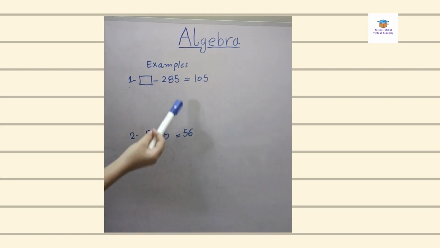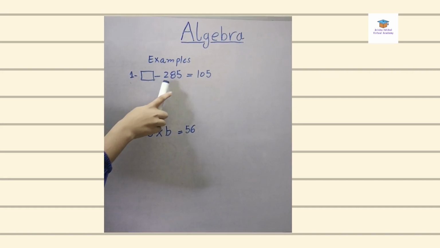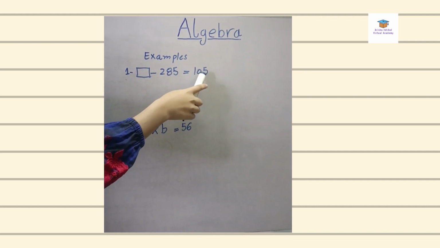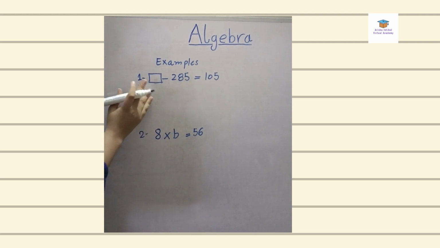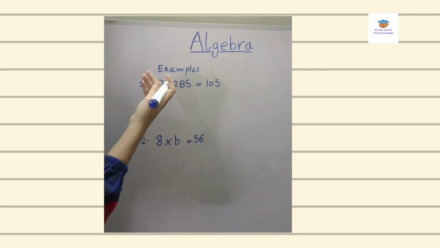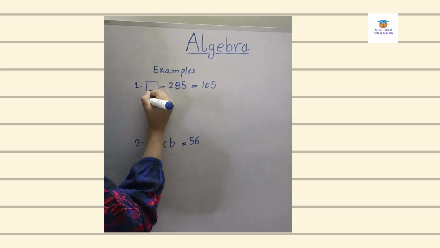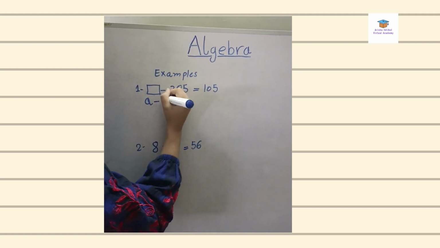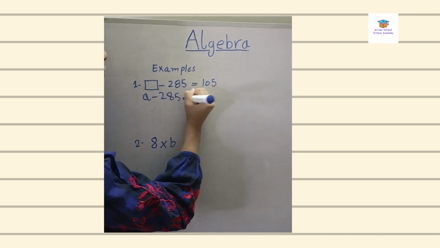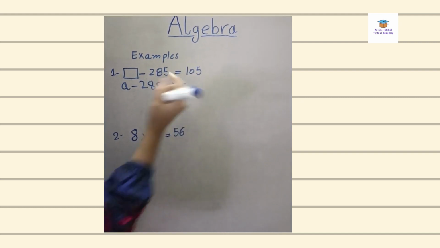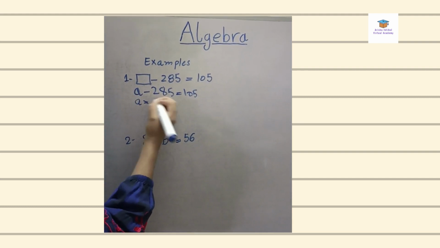We have two different types of examples here. Let's do the first example. We have dash subtracted by 285 equals to 105. Now we have to find what goes in the dash. So for algebra we write an unknown number, unknown alphabet. So I will take A subtracted by 285 equals to 105. Now we got to find the value of A. So we will write A equals to